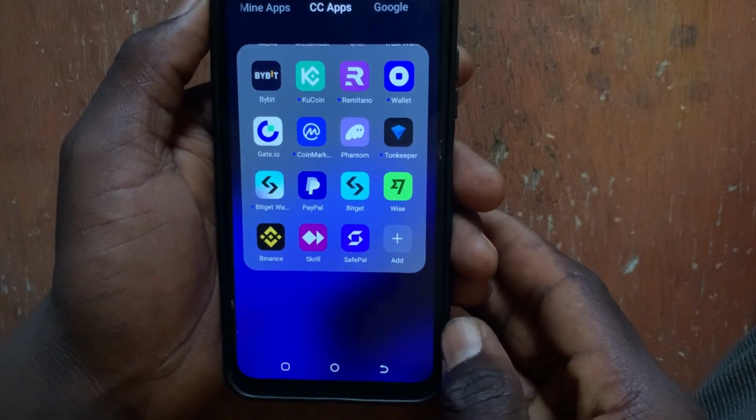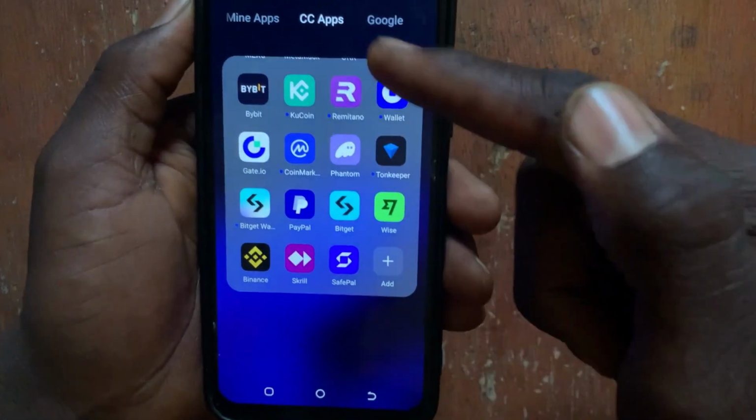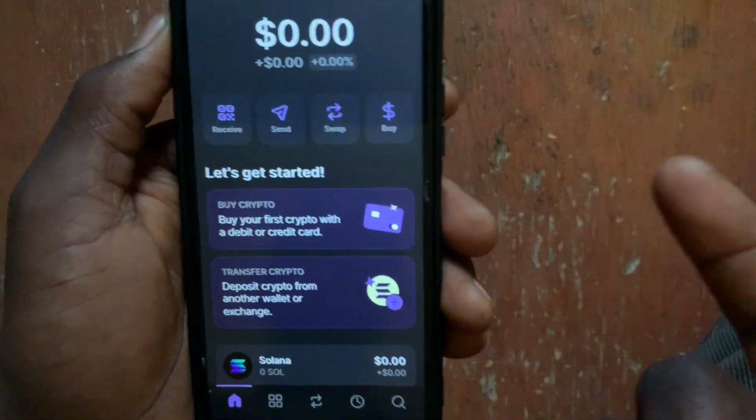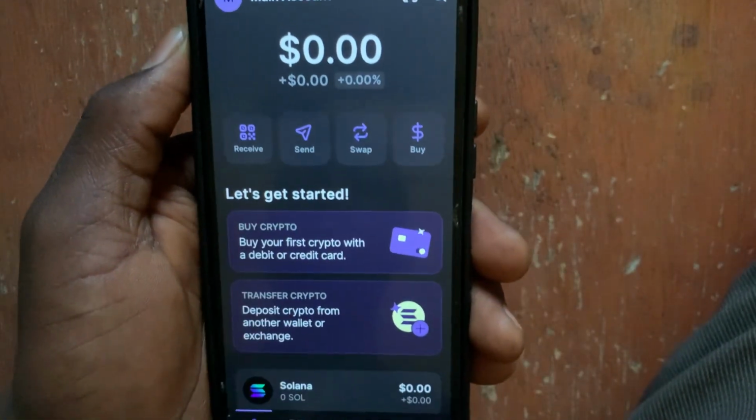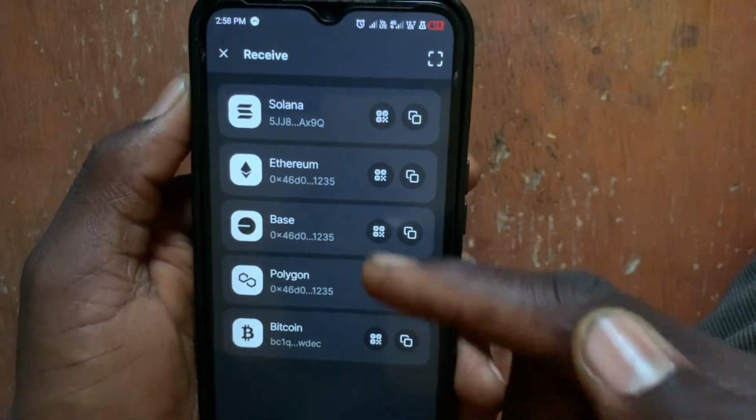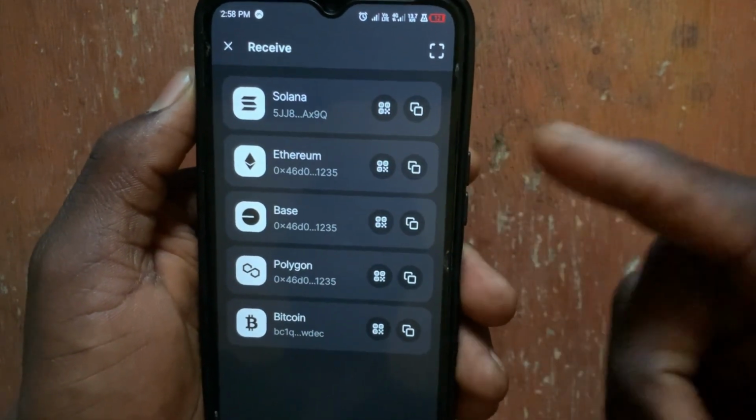Transfer crypto from Binance to Phantom wallet. After you open up your phone, go and open up your Phantom wallet app. So tap on this receive button. From this receive button, now go ahead and copy the address of the crypto you want to receive